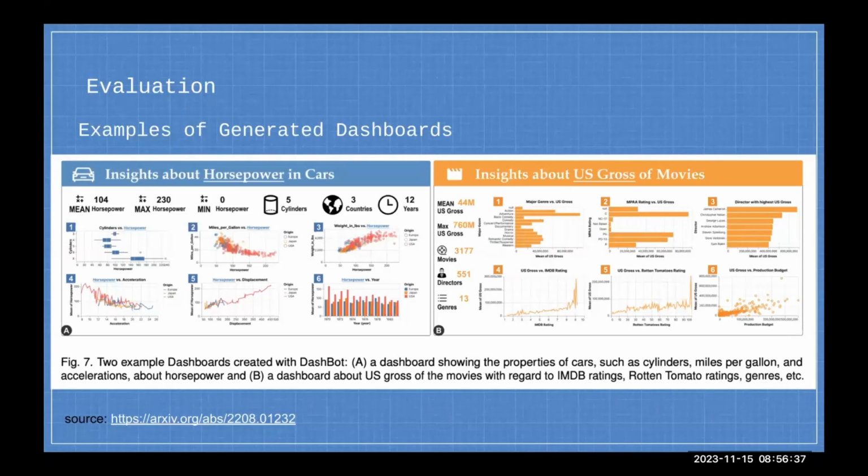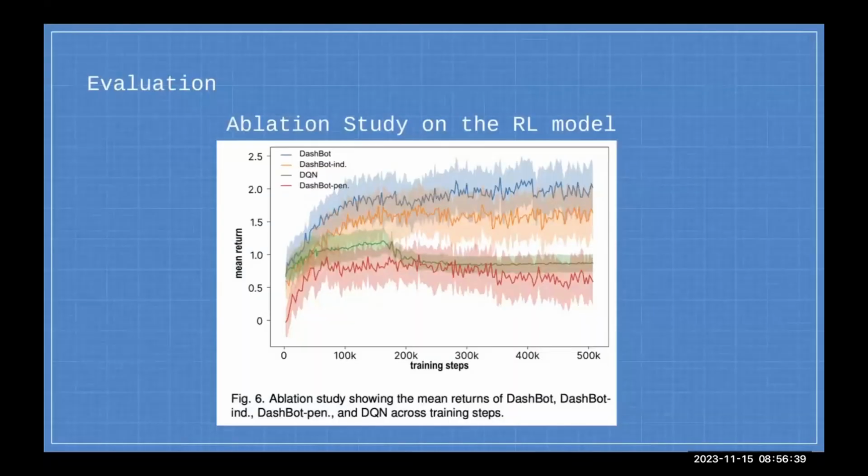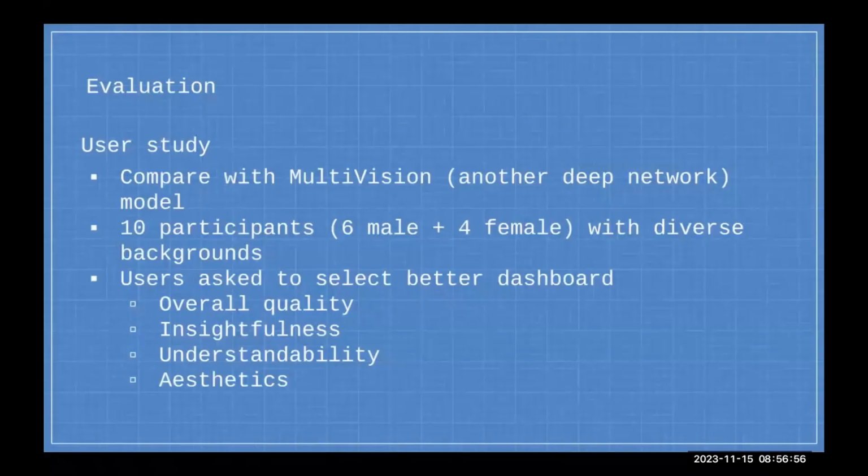Next, the authors also performed ablation studies to demonstrate the effectiveness of their neural network's architectural choices. As you can see from the study, they identified the significance of different components of the A3C framework, such as invalidity penalty, independent multi-classification. Finally, the authors also gathered user feedback, which is a crucial aspect of evaluating the effectiveness